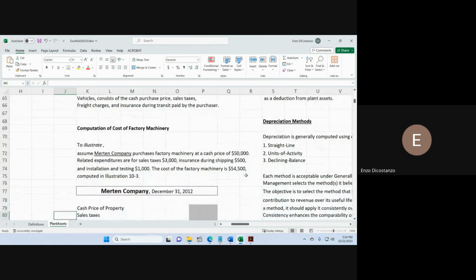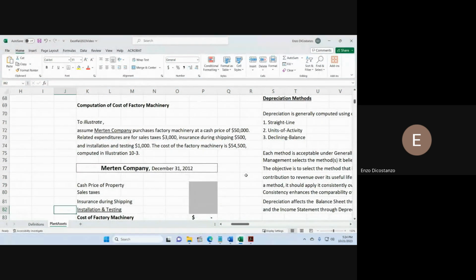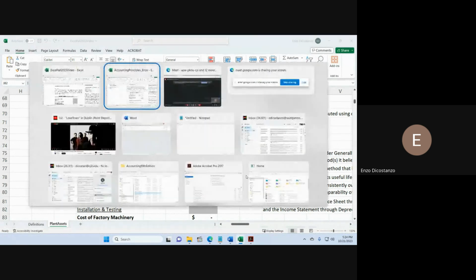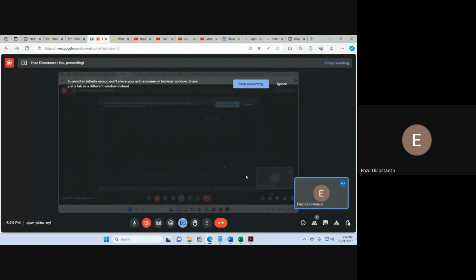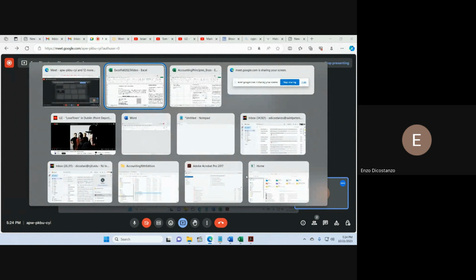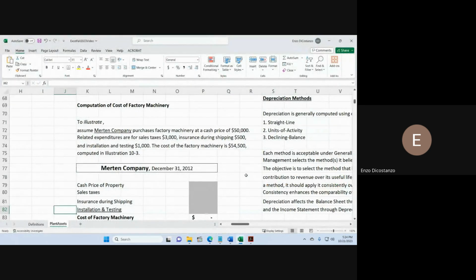We had an accounts receivable chapter where we worked on some of that material, shipping and who pays the shipping fees and the insurance and all that. But that's another chapter. So for Merton, you're paying 50,000